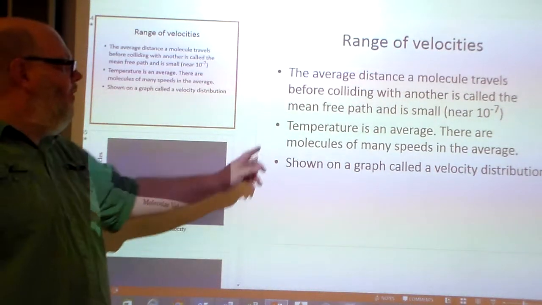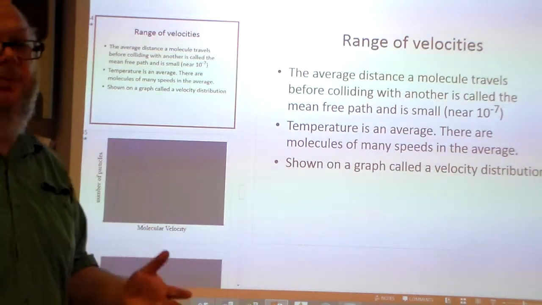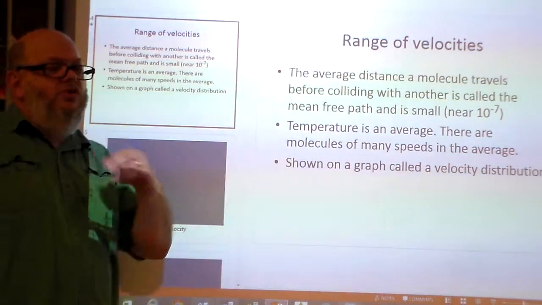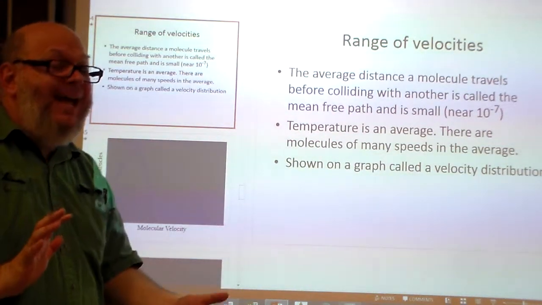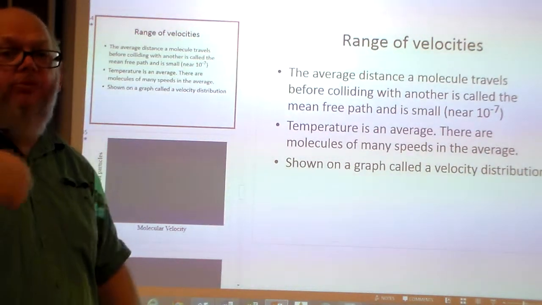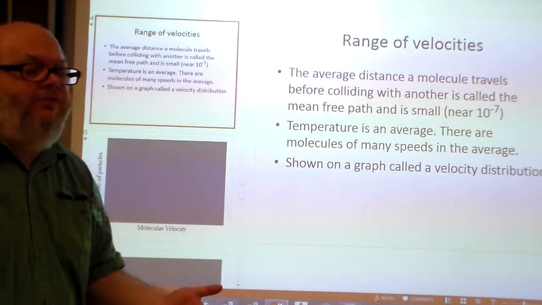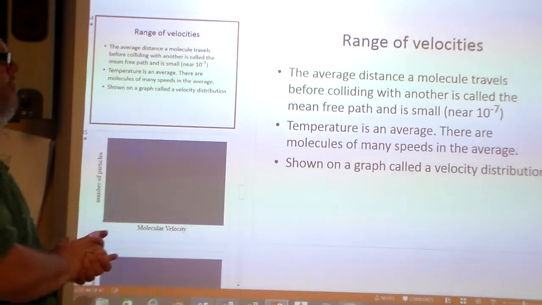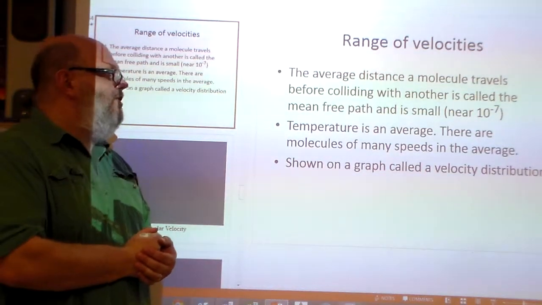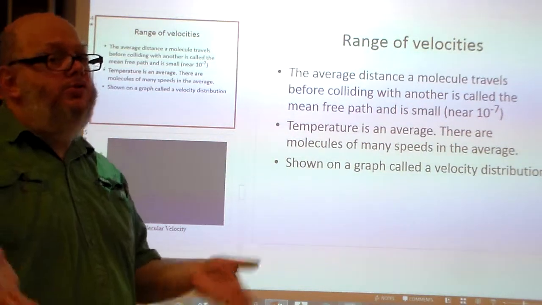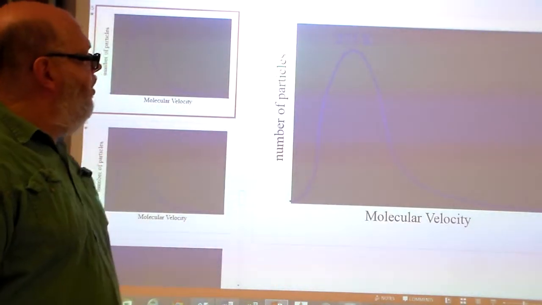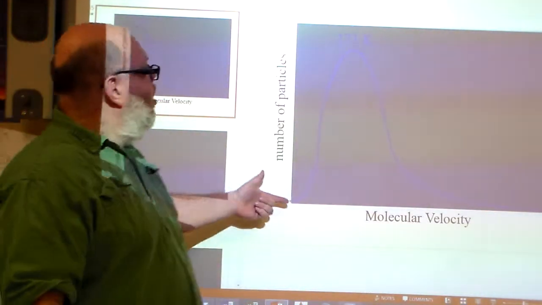Understand that temperature can be measured as a form of kinetic energy, because heat is a form of kinetic energy. Remember that temperature is an average. If we took the temperature of the human body from the toe, the ear, the mouth, and under the armpit, you're going to get different numbers. So temperature is an average. And of course the molecules have many speeds in this average, because not all molecules travel at the same velocity.